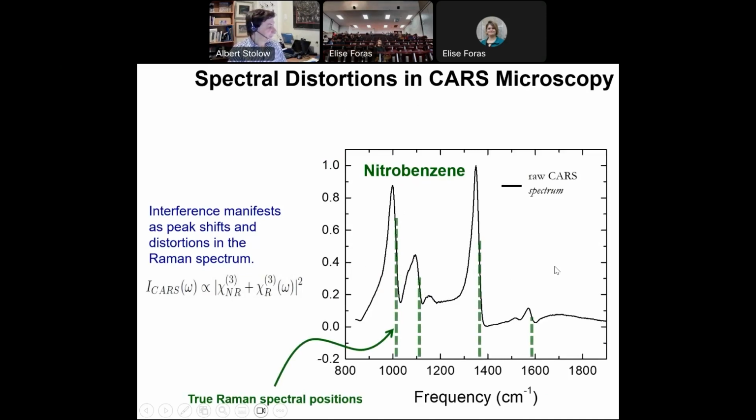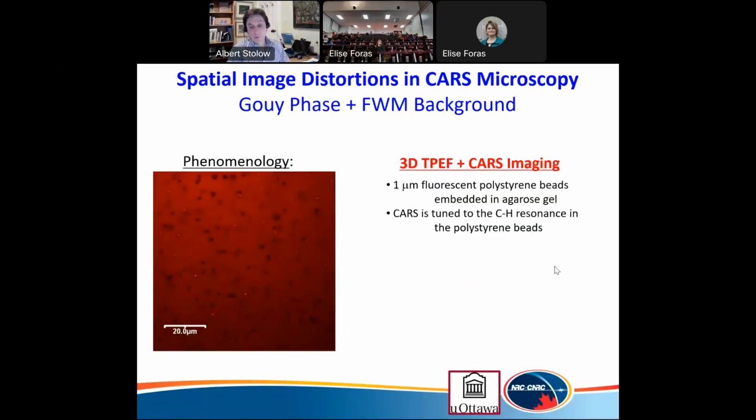However, there's another problem. And this problem is that there are also spatial distortions of the image, not just spectral distortions. Here's an example. This is a polystyrene bead in some gel on my microscope. The polystyrene bead, which is plastic, is 1 micron in size, and it also is fluorescent. What we're going to do is tune our CARS lasers, our Raman lasers, to the CH stretch, which this polystyrene has lots of,